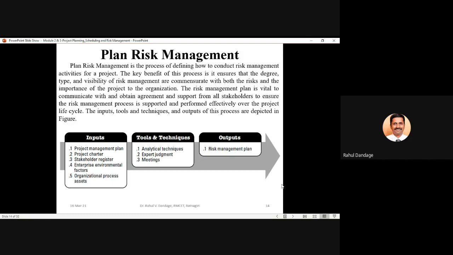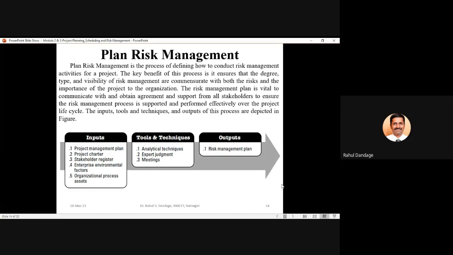Why are we referring to this risk management plan? Because it will have the approval and agreement from the stakeholders, and the support from the stakeholders, and if the risk management plan is performed effectively, then the project success will be almost assured. There are certain inputs, tools and techniques and outputs for this process of planning risk management.